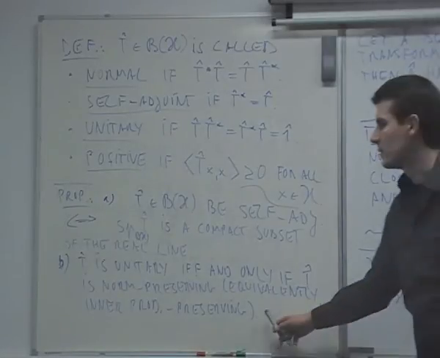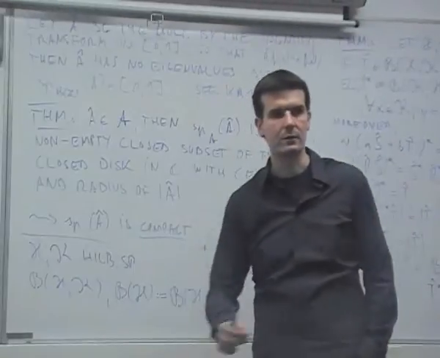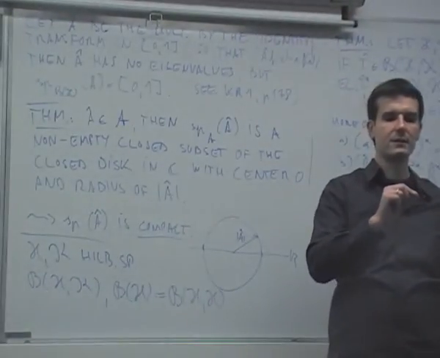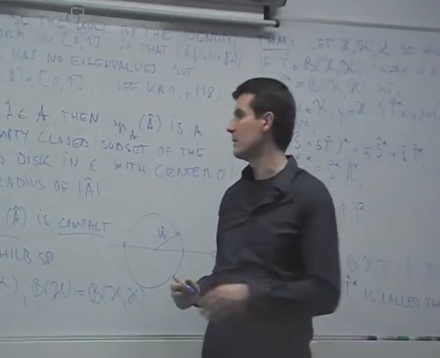Unitary operators also play a big role in physics, because we will look at, well, we probably won't, but people in physics look at so-called one-parameter families of unitary operators. And those are used to describe the time evolution of a physical system. So you have not a single unitary operator, but you have a whole family of them, and it's such that there's one parameter which is interpreted as time. So let's say you have,